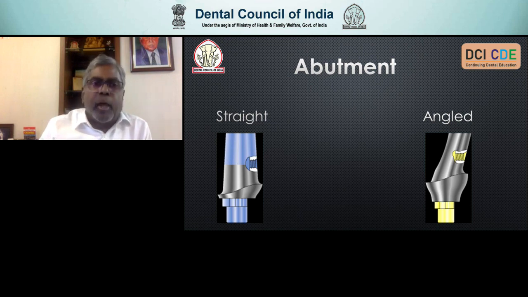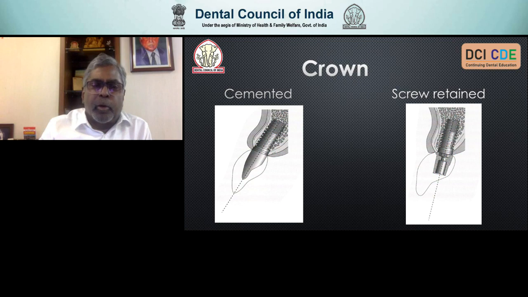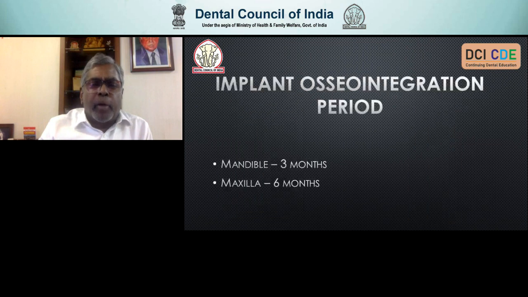And then you have the crown that comes on top of the abutment, which can either be a cemented crown or a screw retained crown. The implant osseointegration period is usually 3 months for the mandible and 6 months for the maxilla. These are all standard